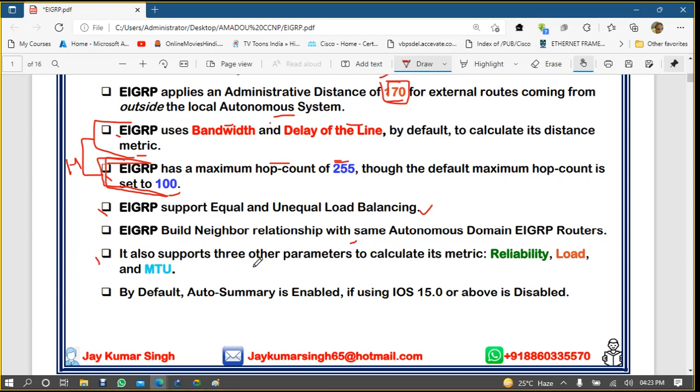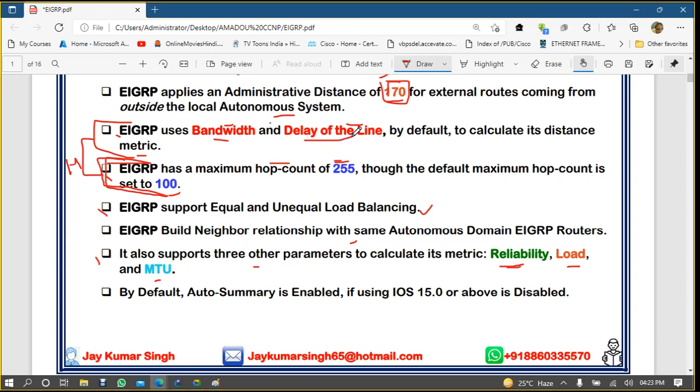It also supports three other parameters to calculate its metric: reliability, load and MTU. Total EIGRP uses 5 types of metric calculation: bandwidth, load, delay, reliability, MTU. But these three, reliability, load and MTU, are not in use. They use only bandwidth and delay.